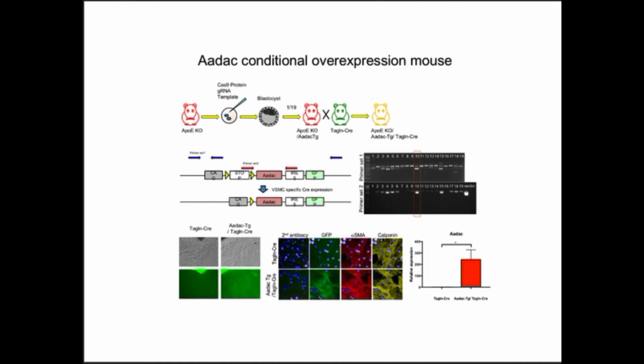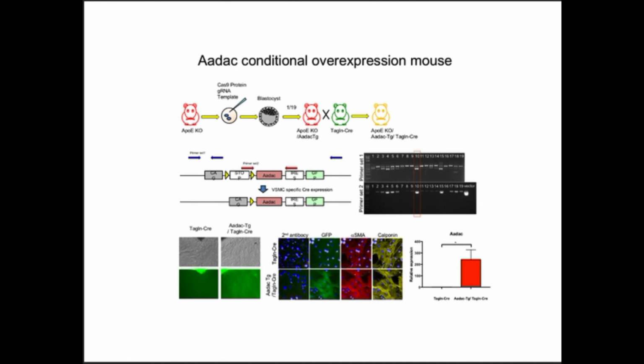So we made a mouse. And the way we made this mouse is we actually knocked into the ApoE background, which is one of the few backgrounds that gets atherosclerosis. And my mom used to ask me, like, why do you study things in mouse? And truly, I don't know. It's like the worst model. They don't get heart attacks naturally. We have to do a lot of genetic tricks to make them even look like they're going to have a heart attack, and they still don't get heart attacks. They just get plaques. So the ApoE model actually gets plaques if you don't do anything to it. And if you feed it a high-fat Western diet, it really gets a lot of plaques.